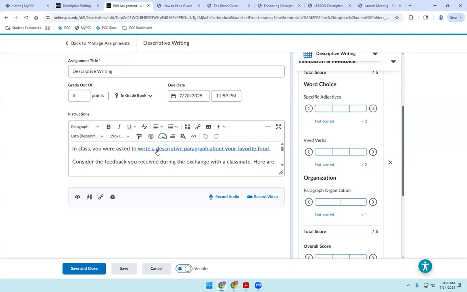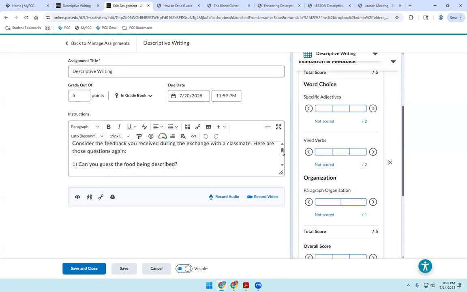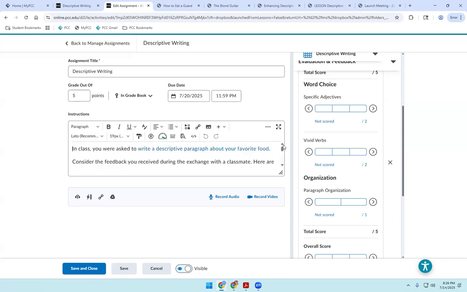So this takes us back to the same activity we just did. Consider the feedback that you received from your classmate. And there are the questions again that just kind of help jog your memory of what's going to make this even better. Okay. So edit your paragraph, send it back to me. You can either do it right now, fill it out, or you can bring it back to me on paper or you can submit it online. Okay. Any questions about that?